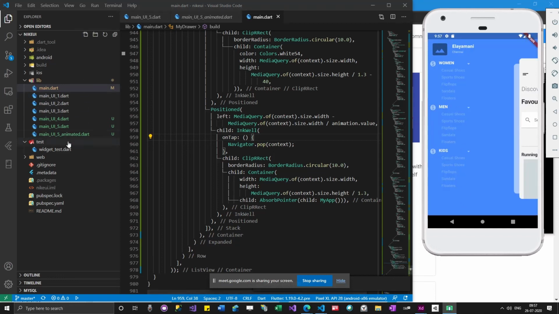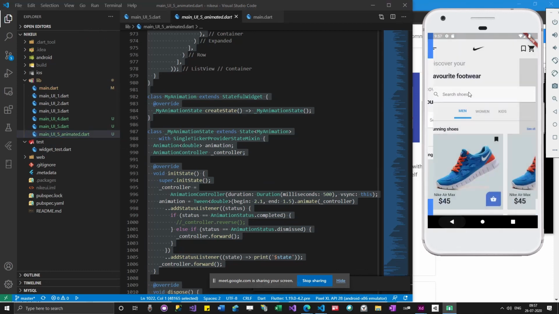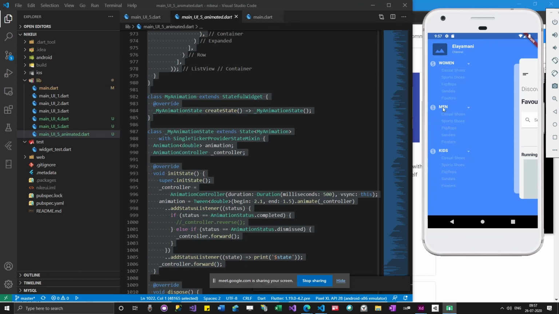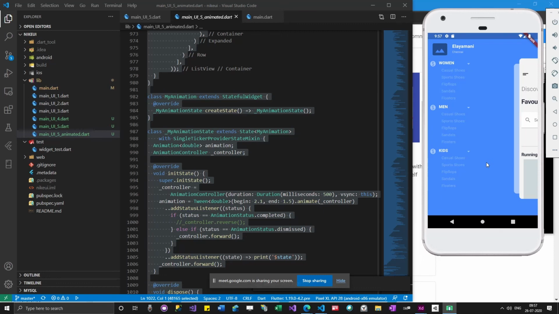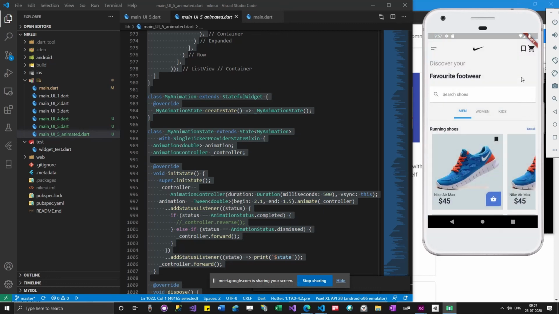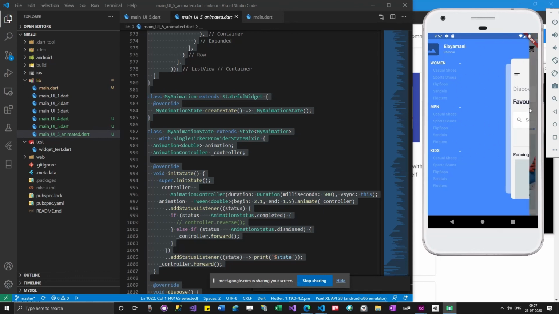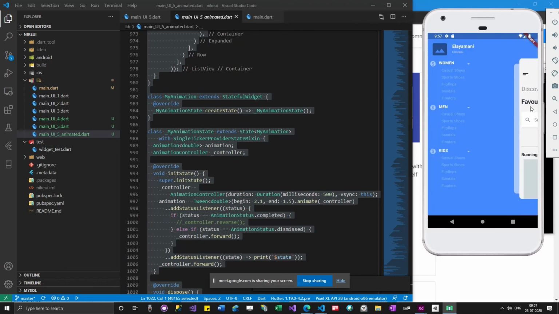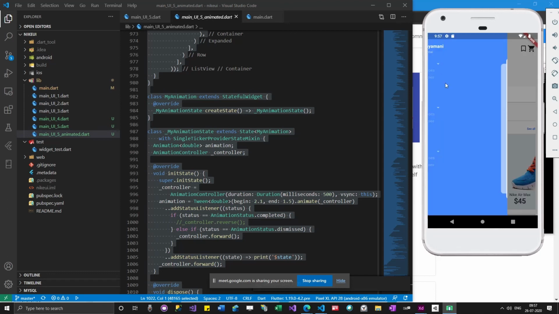So this is the whole example, guys. If you follow the code from main UI5 animated, you could see that when this is clicked, the menu will appear and pages will appear from the other side. Maybe I could expand this example. Once this is clicked, I could make the animation go to the other side and the other things appear from the back. We could also try those things, but even for this itself it has become so complicated, and I really don't want to do it now. Maybe as we expand the app, we can do those animations.